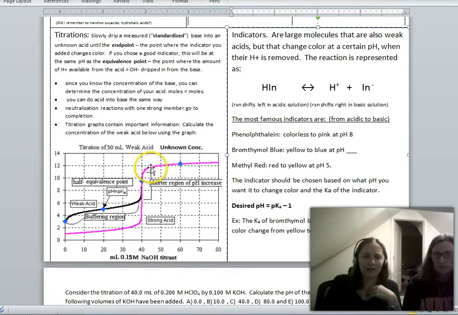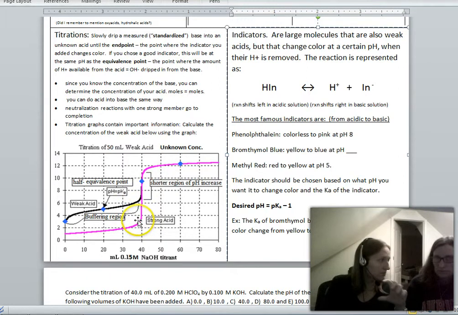And a characteristic of a strong acid, strong base is you've got a really tall jump from 2.5 to 10.5, so like a big pH jump. And then after that, it kind of levels off and stays at about the same pH for a long time. Okay? So what's my equivalence point? Your equivalence point is the point right at 40 milliliters here. Right at 40 milliliters, that's your equivalence point, and the pH in the middle of that jump is the pH at the equivalence point. So that's here on the pink line, and that's